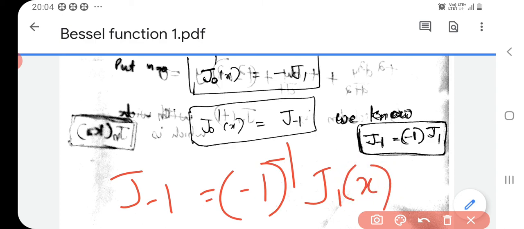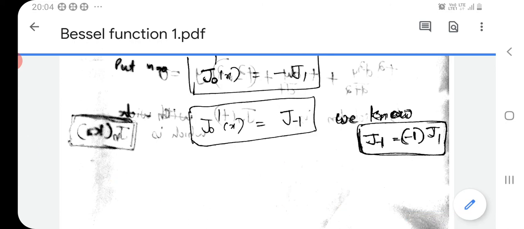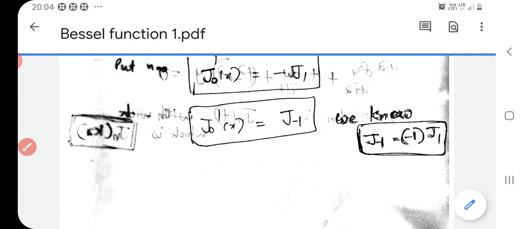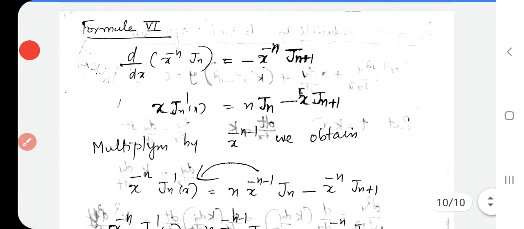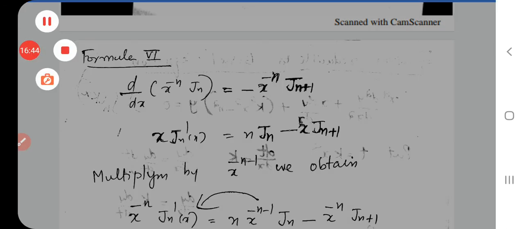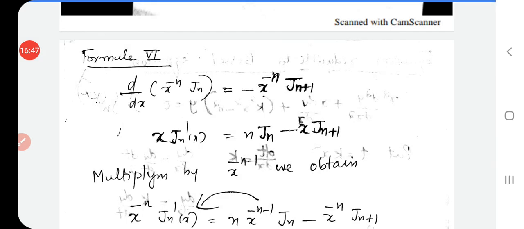Okay, minus 1 to the power minus 1 is minus. So J minus 1 is equal to minus J1 of x. So here instead of minus J1 I can write J minus 1. So J0 prime of x is equal to J minus 1. That's an interesting result. So we have seen 6 recurrence formulas for the Bessel